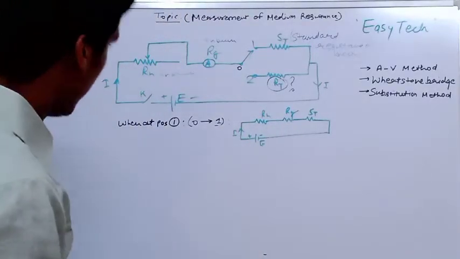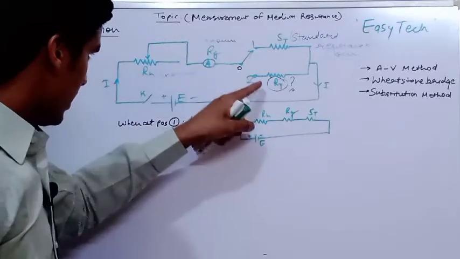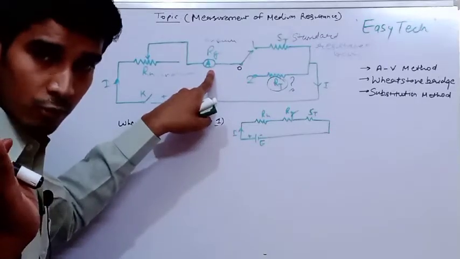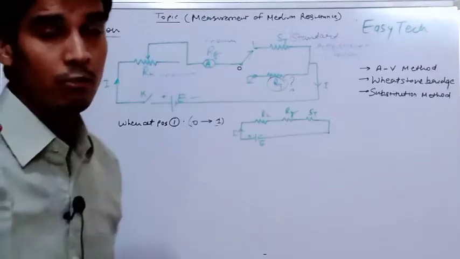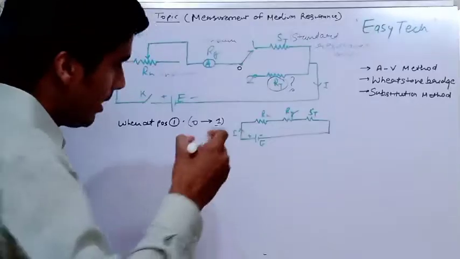Okay, and here whenever the current will be flowing into this entire circuit, this current will be measured by the ammeter. Ammeter will deflect to some instant. Okay, and whatever the deflection will be there, we have to note down that deflection. Like the deflection at x mm.